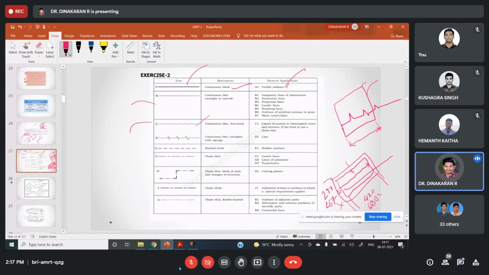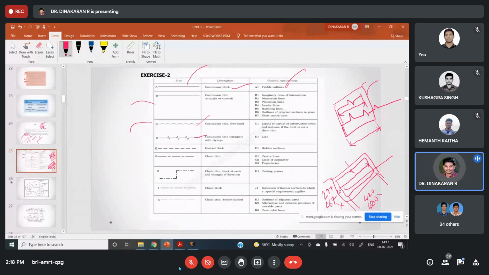But for chart, our A3 chart dimension we know is 297 into 420. But our drawing limit is 267 into 400. Within the limit, if we draw a line, no problem. But beyond that limit we need to draw it as a zigzag only. But the dimension we need to mark like that. If you say the marking is 5000, should you mark the reduced dimension or the original dimension?